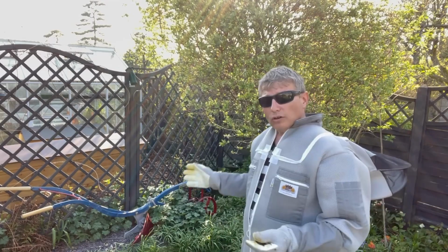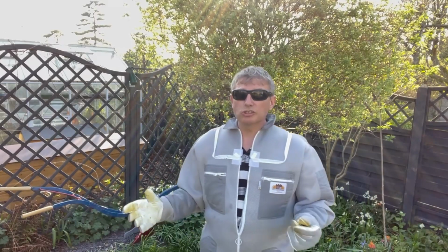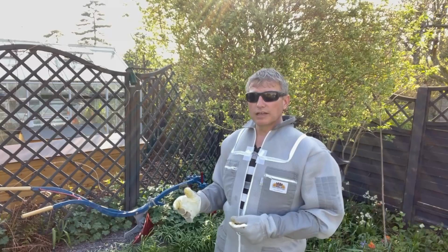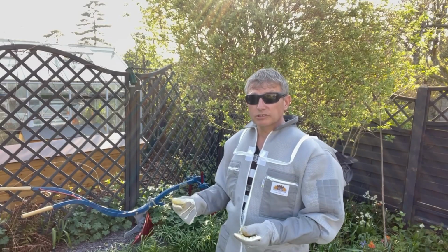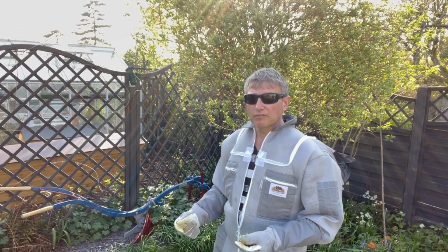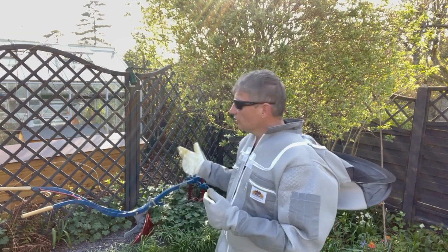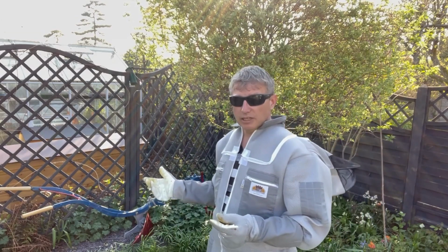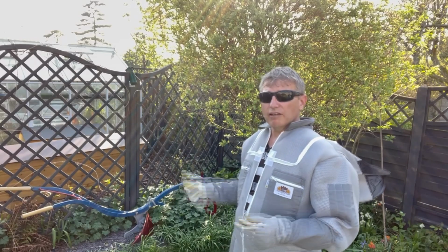So, in order for that inspection, a surprise sort of turn of events, because obviously I wasn't planning to do a double inspection this week. I was expecting to try to take some frames out, which had some stores on, and put in some other frames so they could be worked on and hopefully delay any chance of any swarming. The ladies decided to do something different, so hey, that's beekeeping. It'll make it all fun. So we will carry on, and do